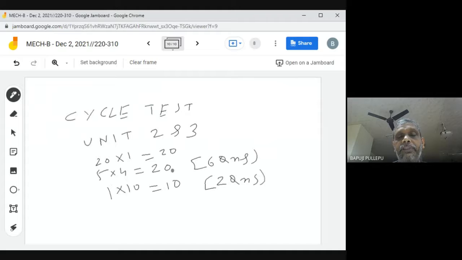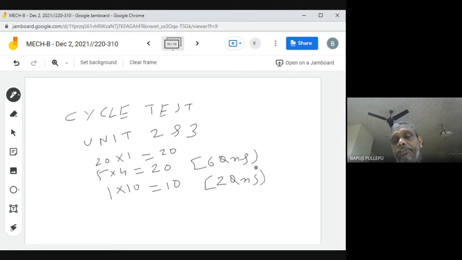5 into 4 means what? In part B, you will have 6 questions. That is upload. You can do part B and C first on the notes. You can scan and upload as a single file only. If you upload a second page, I will upload to GCR, which means I don't allow that. That's also I'm telling. Then part C is 1 into 10. In that, 2 questions will be there. You have to attempt 1 question.